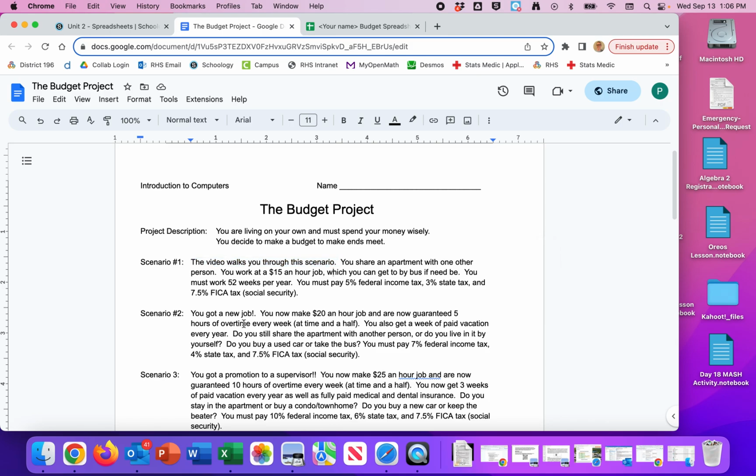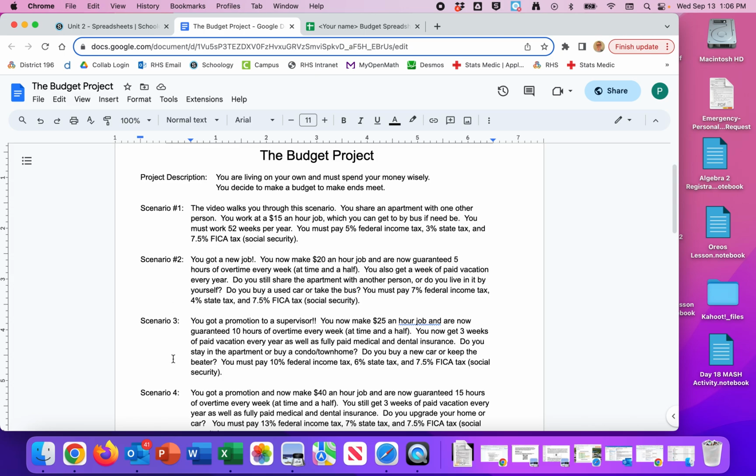And then essentially every scenario you go through, you're getting a pay raise. So in the first scenario, we have a job that pays $15 an hour, which is pretty typical of a job you might get working an hourly rate in high school or shortly after high school. And then here now you make $20 an hour, then 25. There's some other differences in here